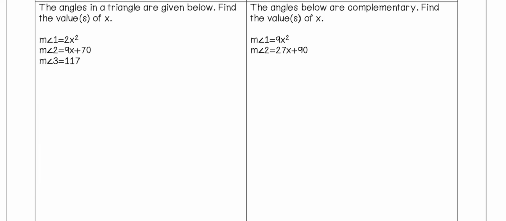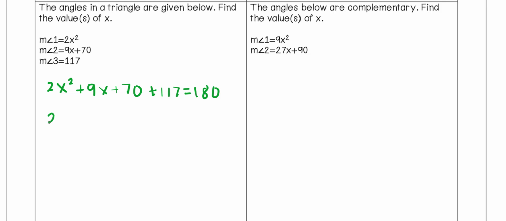Next up, we have the angles in a triangle that are given. And remember, with our angles of a triangle, they always have a sum of 180. So we're going to need to add all these together and set it equal to 180 degrees. So we'll take 2x squared plus 9x plus 70 plus 117 and set that equal to a total of 180